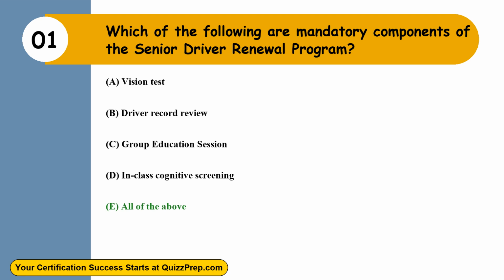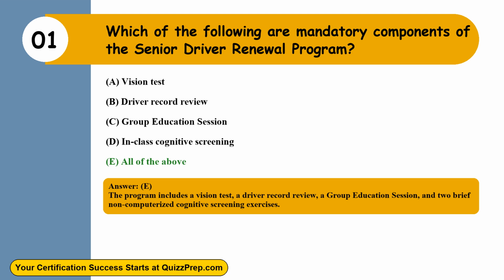The correct answer is option E, all of the above. The program includes a vision test, a driver record review, a group education session, and 2 brief non-computerized cognitive screening